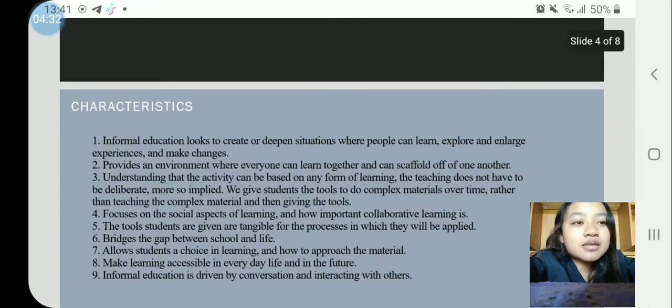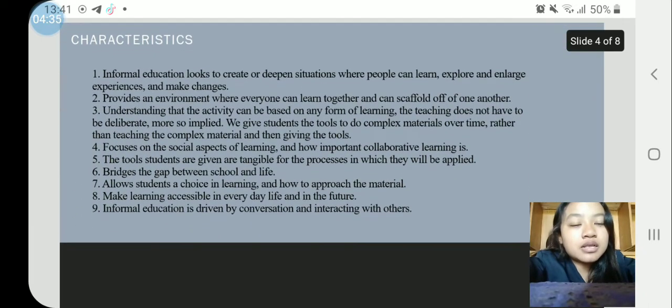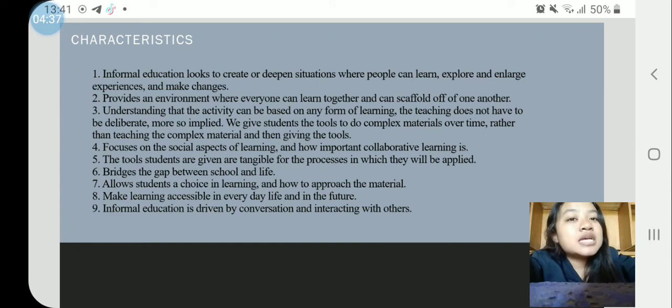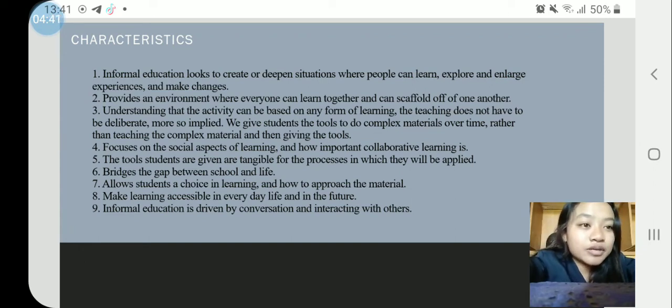Let's continue with the next slide, which is characteristic. There are many characteristics of informal education, but in this slide I just give 9 characteristics, and these characteristics will also show the differences between formal education, informal education, and non-formal education. Let's get started. The first one is that informal education